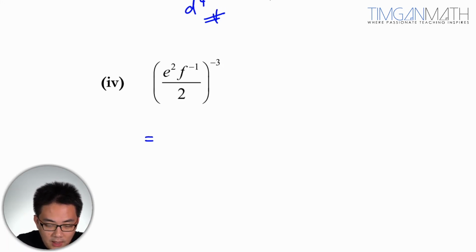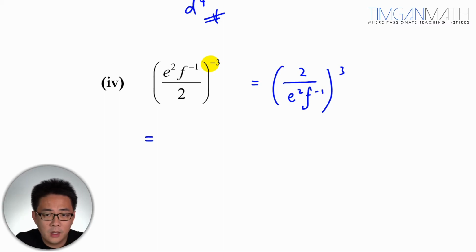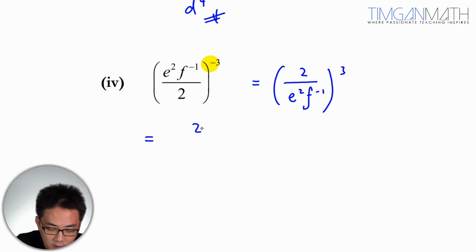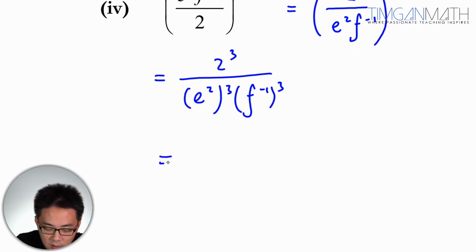the negative here, I will suggest you get rid of the negative so that it's easier. When you get rid of the negative, flip it up and down, and this will be to the power 3. Because it's very annoying to have the negative applied to all the terms when you multiply it in. So this 3 here will be 3 over e squared to the power 3, and f to the negative 1 to the power 3. Okay, so 2 to the power 3 will be 8, and e to the power 2